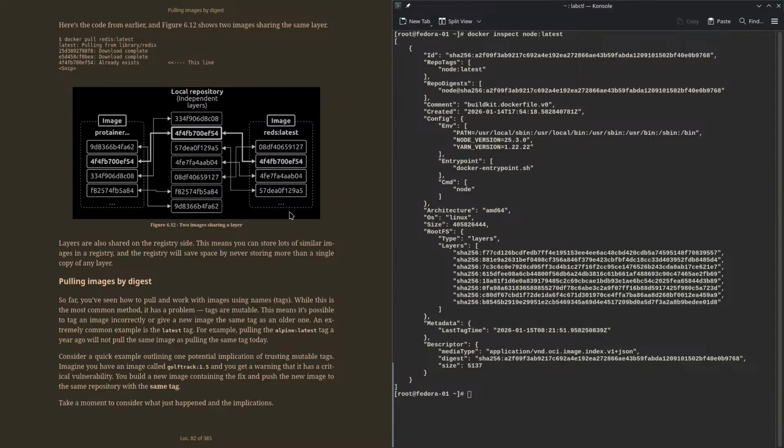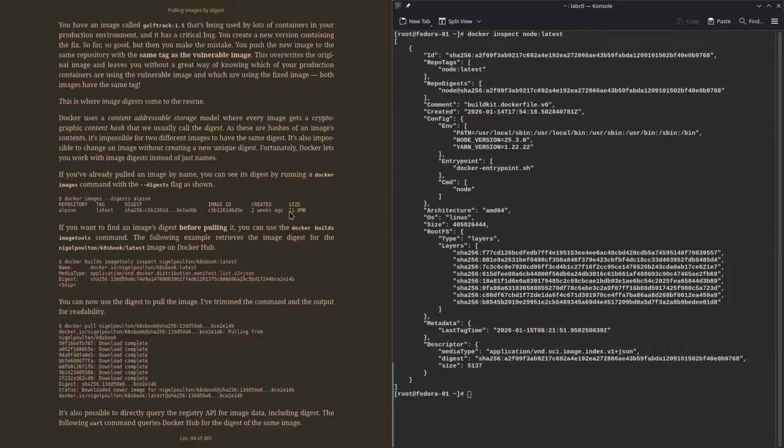Consider a quick example outlining one potential problem of trusting mutable tags. Imagine you have an image called golf-track:1.5 and you get a warning that it has a critical vulnerability. You build a new image containing the fix and push the new image to the same repository with the same tag. Take a moment to consider what just happened and the implications. You have an image called golf-track 1.5